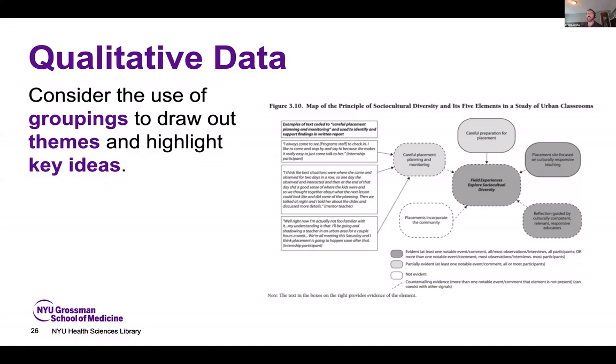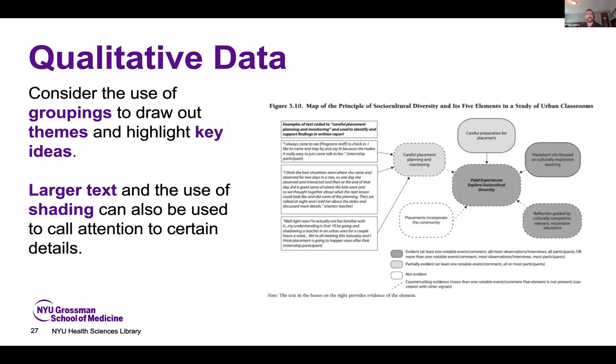So somebody who's reading it, who maybe doesn't have time to dive in as deeply as might be ideal into the body of free text, can also benefit from being able to quickly identify the themes and then say, okay, what quotes exemplify that theme, and get those insights out. Similarly, large text and shading can also be really helpful to call attention to key details. So thinking about what is bolded, where is the eye going to be quickly and instantaneously drawn to help underscore those main themes that you're trying to present to your end reader.